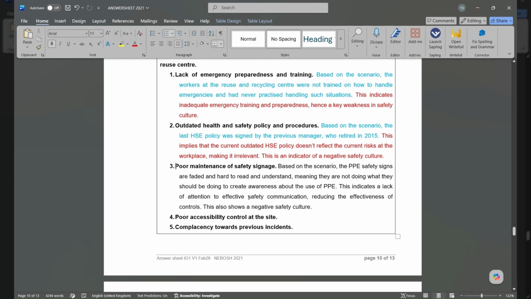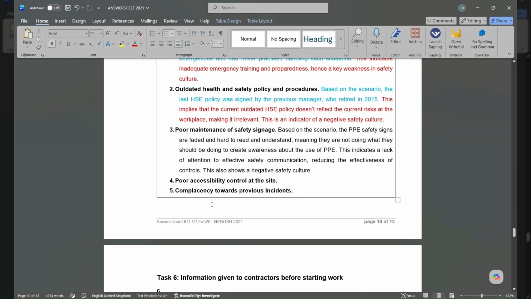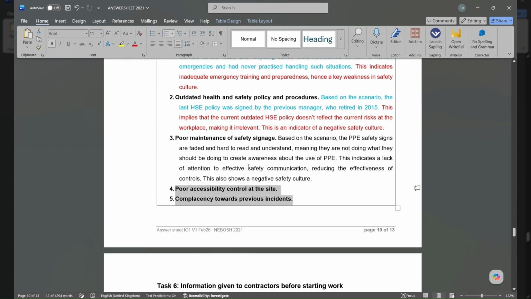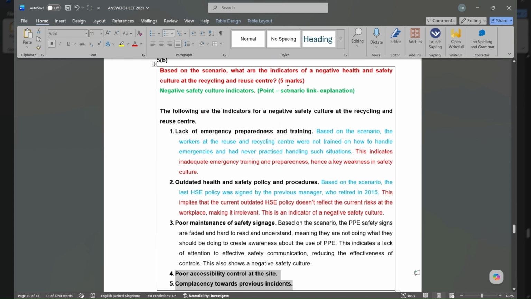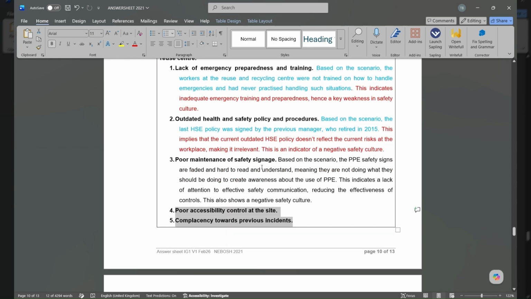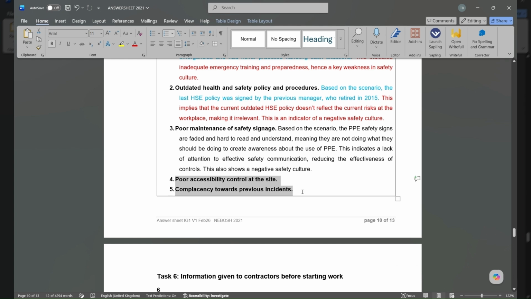I have given you 3 complete points, but I have also left for you 2 other points that you can beef up and add flesh to, using the point, scenario link, explanation to give you complete answers that give you full marks. Remember, you can always add 1 or 2 more points to make them 7 if you have them and if you have time.